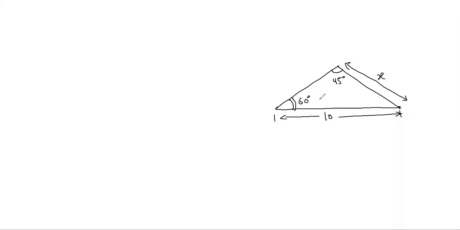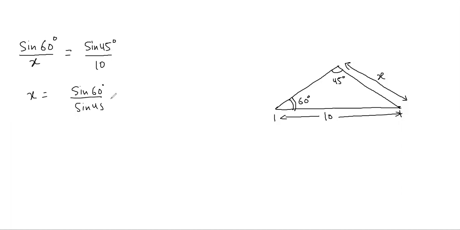So we have a triangle whose two angles are given as 60 degree and 45 degree. This side length is given as 10 and you have to find x. Okay. So sine of an angle divided by length of opposite side. So this angle is 60 degree and opposite side is x. So sine of 60 degree by x will be equal to how much? So root 3 by 2 divided by x, that's equal to sine of 45 degree divided by 10. So x will be sine 60 divided by sine 45 multiplied by 10.